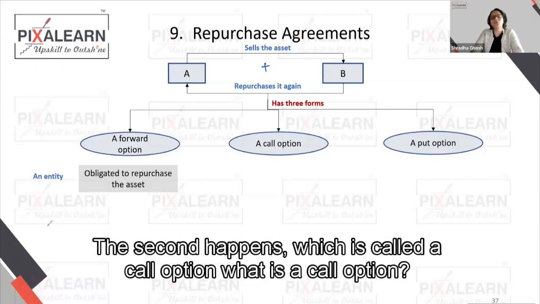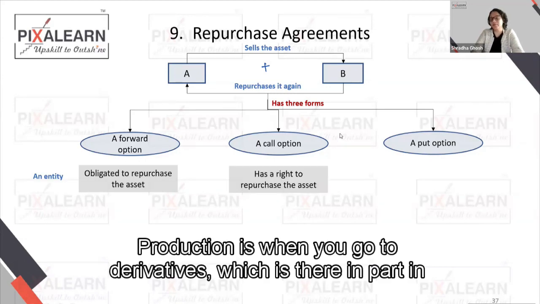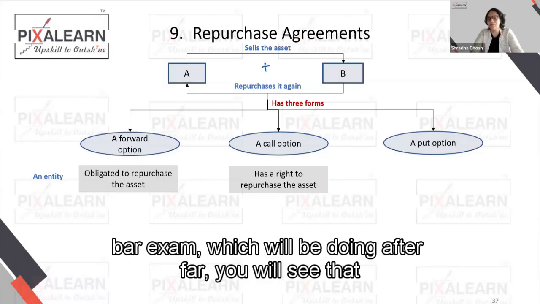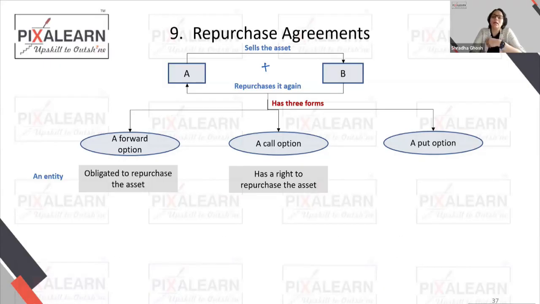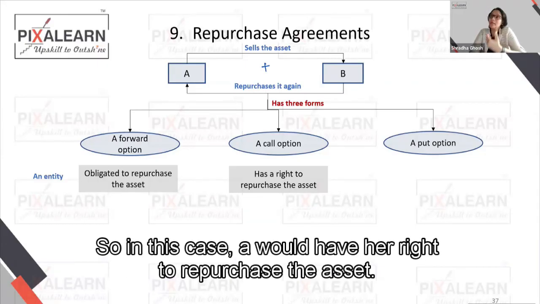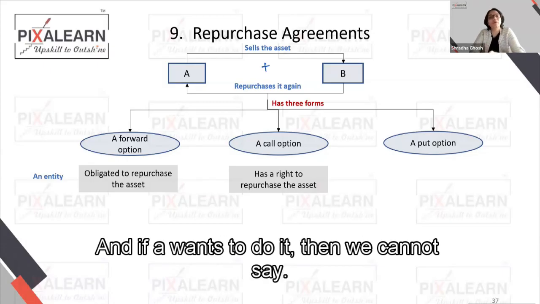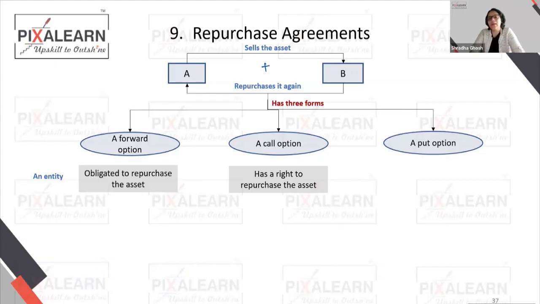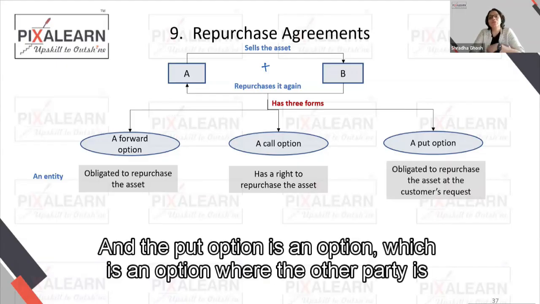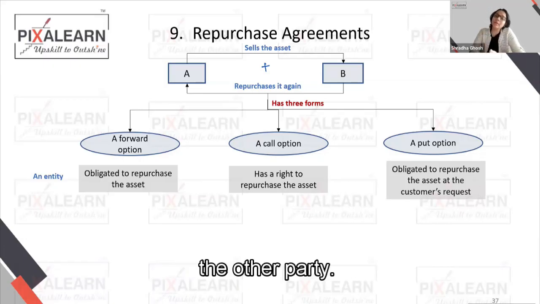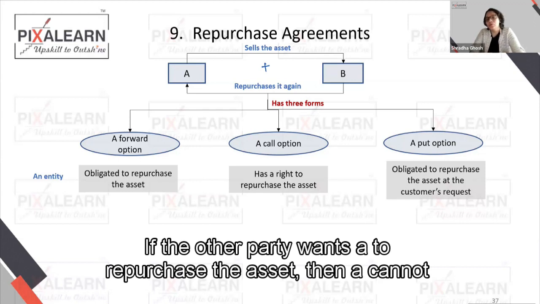The second is called a call option. Call options and put options come up when you go to derivatives, which is in the BAR exam, which we'll be doing after FAR. A call option is an option to purchase. So in this case, A would have a right to repurchase the asset. If A wants to do it, B cannot say no. And a put option is where the other party is the dictator. In other words, if B wants A to repurchase the asset,